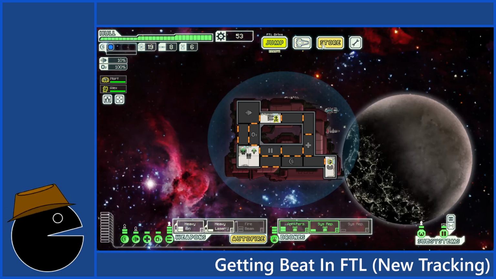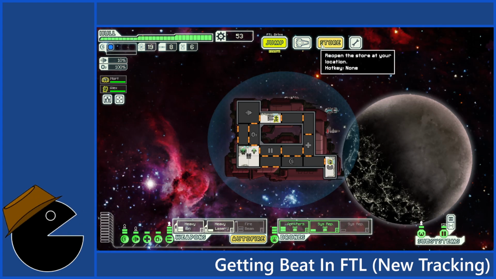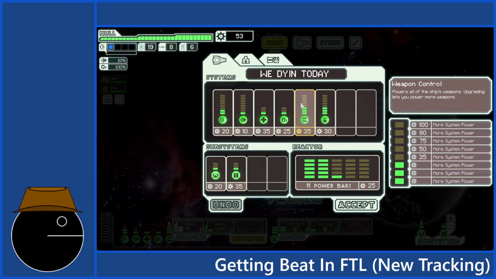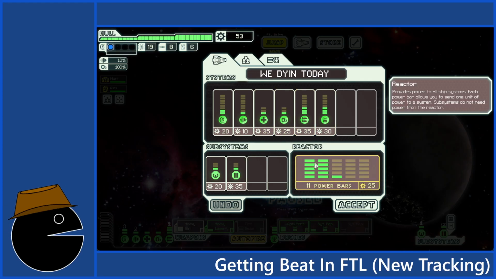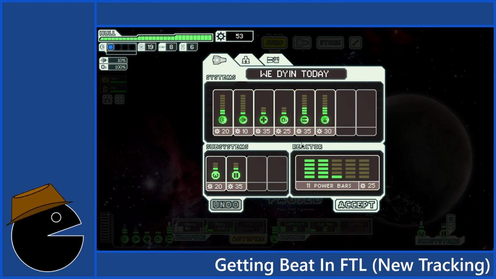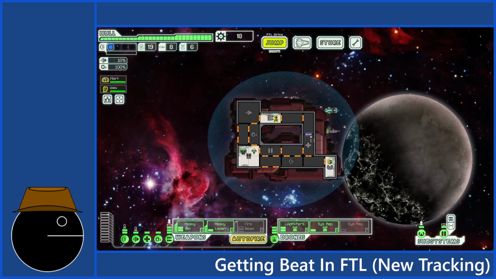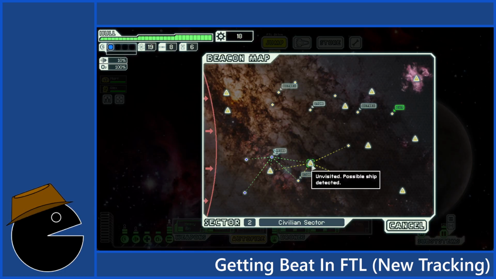In order for me to use it effectively, I need it with the ion cannon, so that the ion cannon stays. For that, I need to upgrade the weapon system. Let's move on.